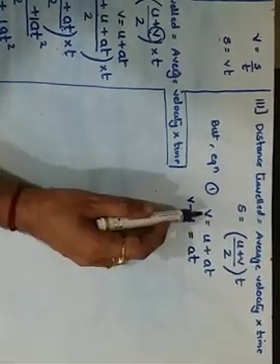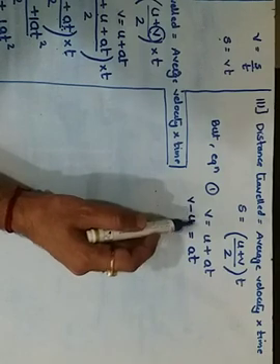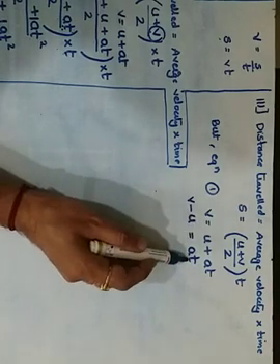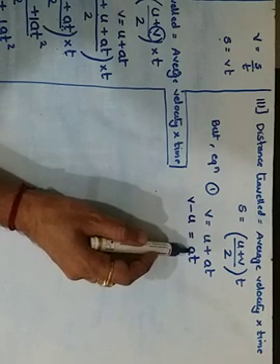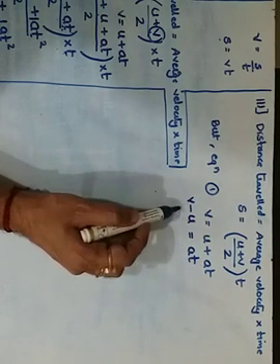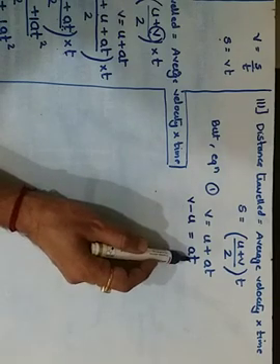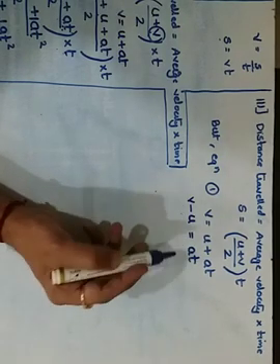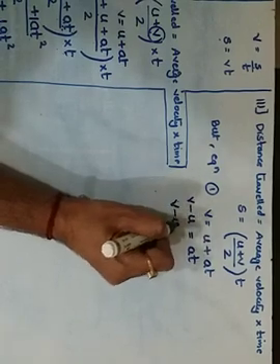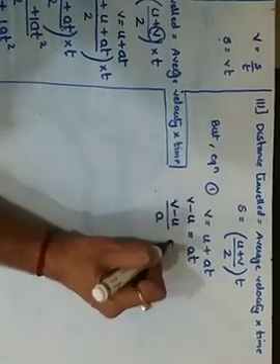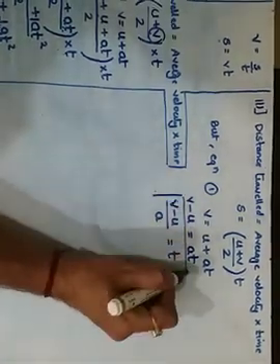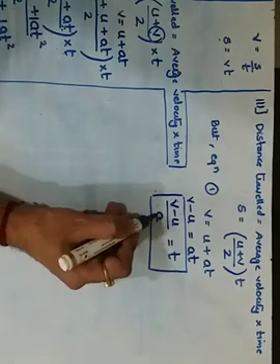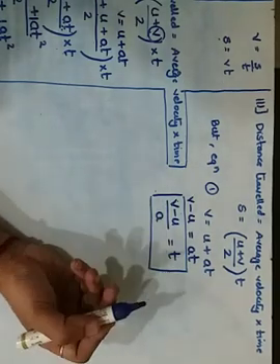Getting it? Simpler? Just u shifted here. So v minus u. But I said I want the subject t. So if I want subject t, this a should be replaced. Where do we take a? Take it down, because something when multiplied on one side will be divided on the other side. So now v minus u upon a will become the value for t. Getting it? So your t is v minus u upon a.